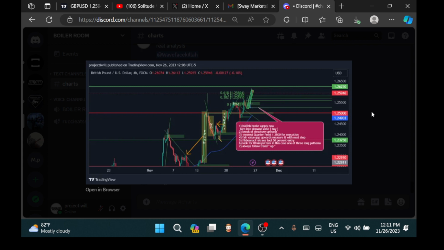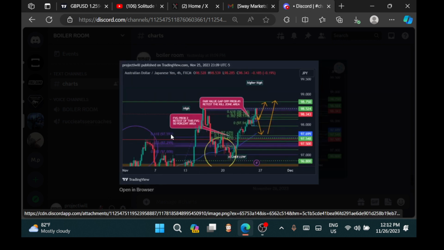That's for GU. Now I also have AJ. AJ is one of my favorites right now. I have 2 probabilities. The first probability would be a fair value gap opportunity: retest the kill zone area, which is this FEG being measured. It could come back to the kill zone area and buy from there, or I have this other FEG area, which is the purple Fibonacci tool, which indicates a daily Fibonacci tool. So it's measuring another FEG area